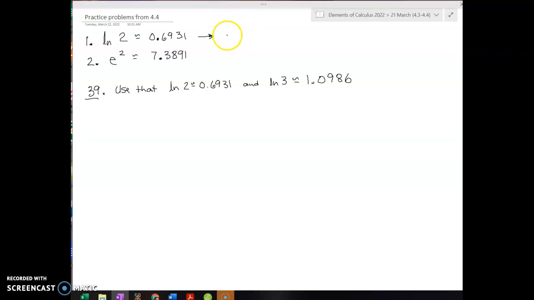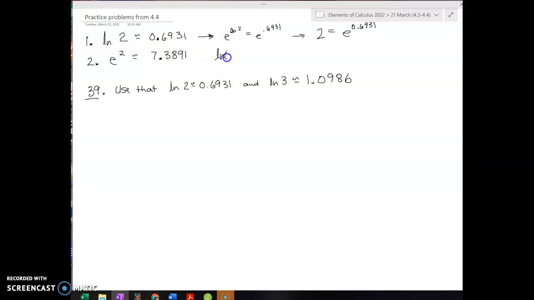If you exponentiate both sides, e to the natural log of 2 equals e to the 0.6931. On the left-hand side, e to the natural log of 2 is just 2. So that's like saying 2 is equal to e to the 0.6931. And on the second one, if you take the natural log of both sides, the natural log of e squared